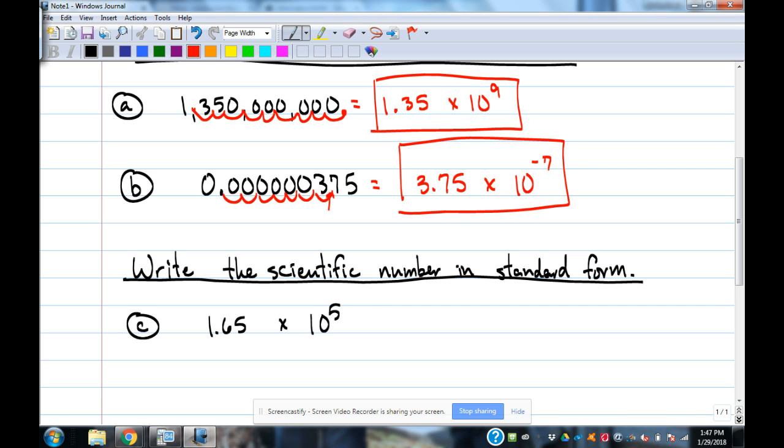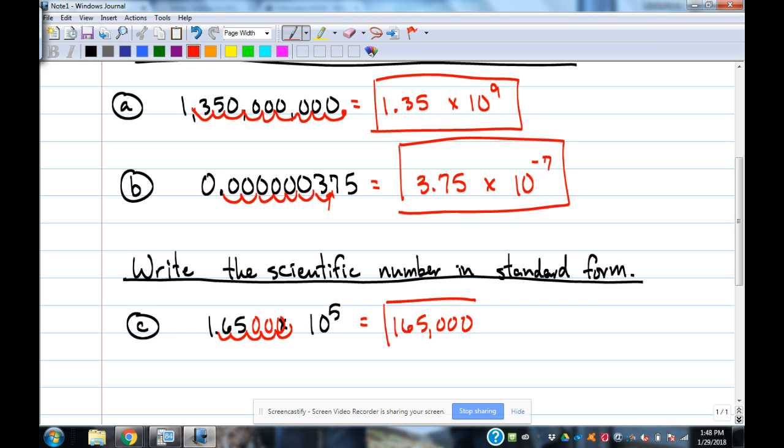Okay, look at the exponent on the 10. Is it positive or negative? Positive. So that means this is going to turn into what kind of number? Bigger number. Okay, again, positive exponent. So to undo that, we're going to move it 5 places to the right. So which adds how many zeros? Doesn't add 5 zeros because the 6 and the 5 take up 2 of the spots. So there's only 3 left, right? 1, 2, 3. Adds 3 zeros. So 165,